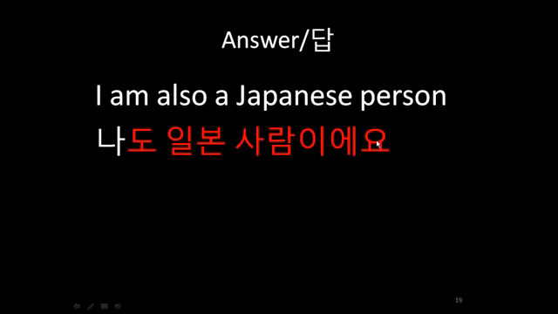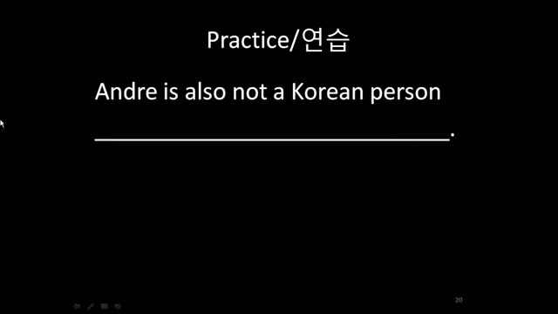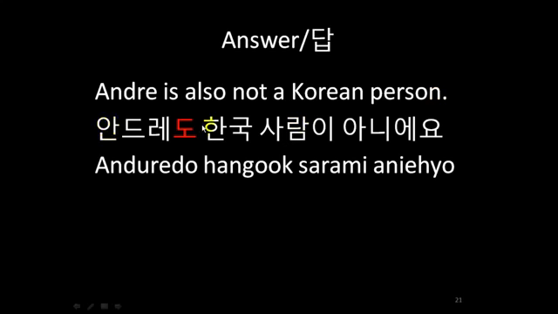Let's make another sentence in Korean. How would you say, Andre is also not a Korean person? The answer is, 안드레도 한국 사람이 아니에요. Notice how the subject marker E is not after Andre, but after 사람. You only really need to worry about the E particle when in a sentence with a 도 particle,